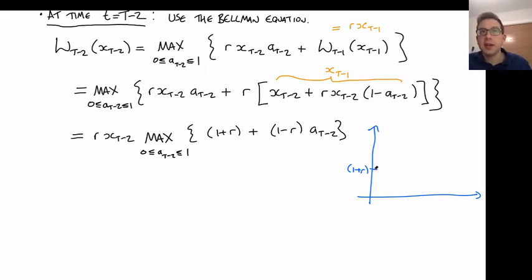So depending on the slope of that line, if it's a positive slope, which we'd usually expect, then we've got a line going up here, and if I look at the range of a from 0 to 1, then we're going to end up maximizing at 1, over here. But on the other hand, if the slope was actually negative, we're going to maximize over here at a equals 0. So in other words, it's going to be the maximum between the two endpoints. In either case,